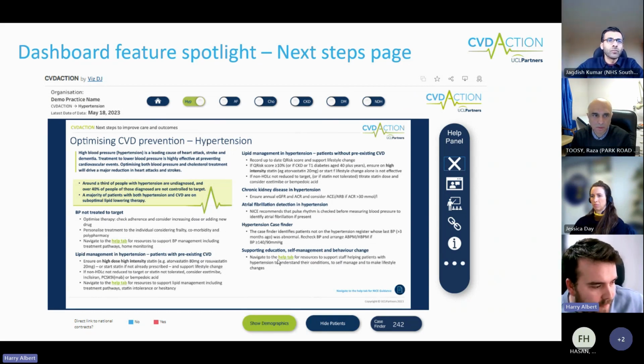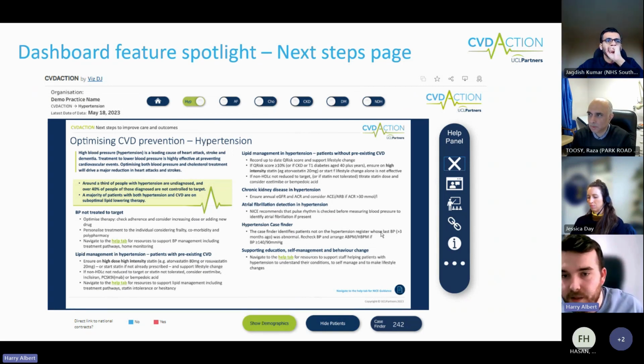And then obviously some of these parts allude to navigating to the other resource tab, the resource button on the help tab, which is this button down here. So you'll click either the link or the information depending on what you're trying to access, and the link tab will take you through to useful links like NICE guidance and other things related to that specific condition. And the information button at the bottom will show you all of the indicators that are accounted for within that